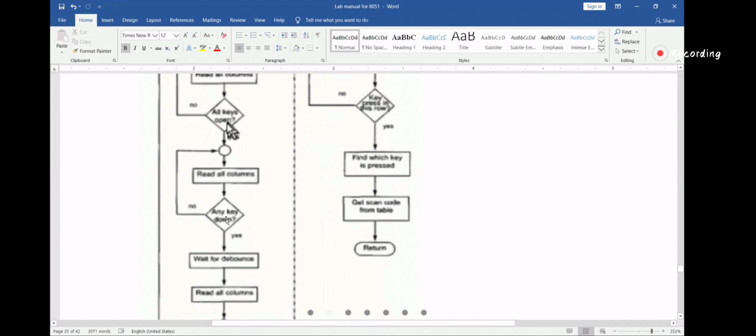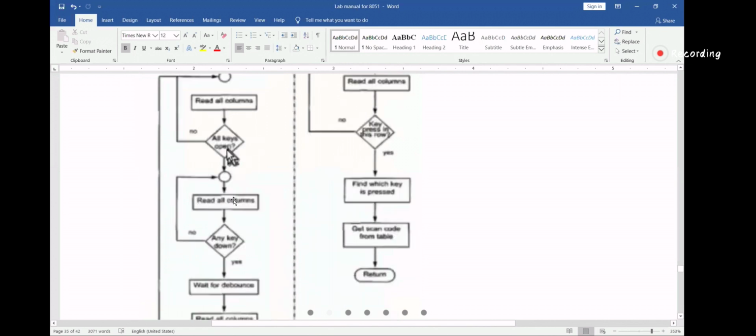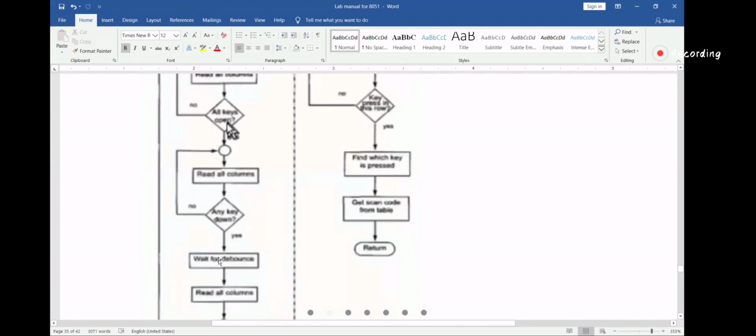Then wait for debounce. The second time, the bouncing time, it's a repetition of the first step. Don't be confused here. Something to do with bouncing time, detection of step one. Detect whether the key is pressed or not. So we are checking twice whether the column is pressed or not. And finally, in the second step, any key down means any key pressed.